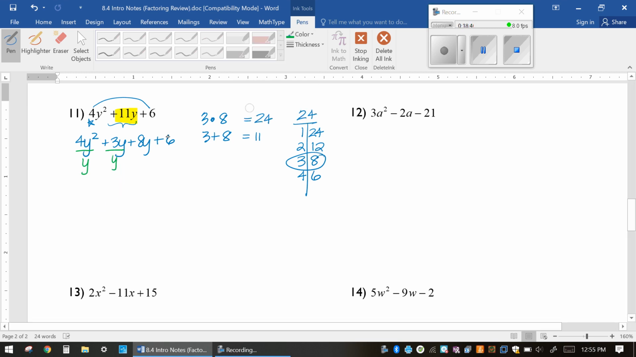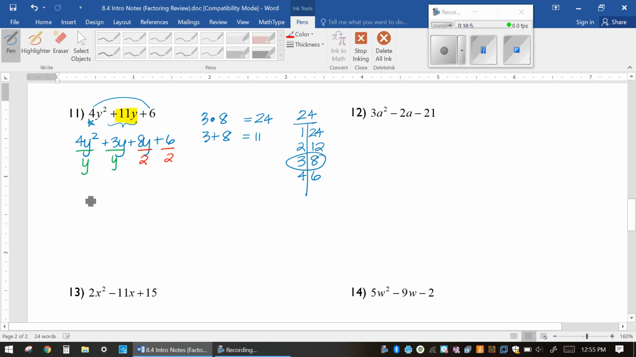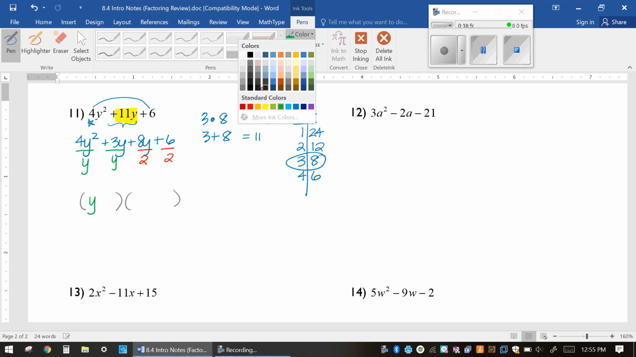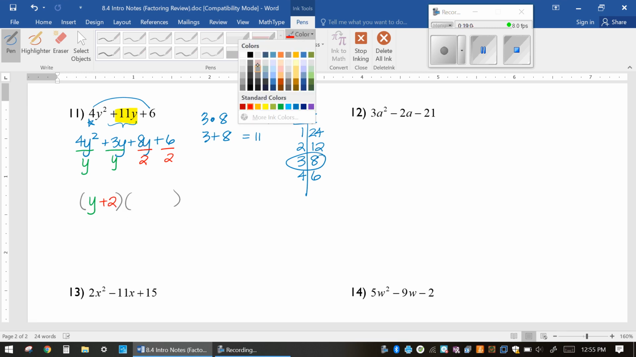The GCF of the second two terms, 8y and 6, is what? If you said 2, that is correct. Okay, so the two GCFs that you found go in the first part of your answer, so y and positive 2. And now you're going to divide